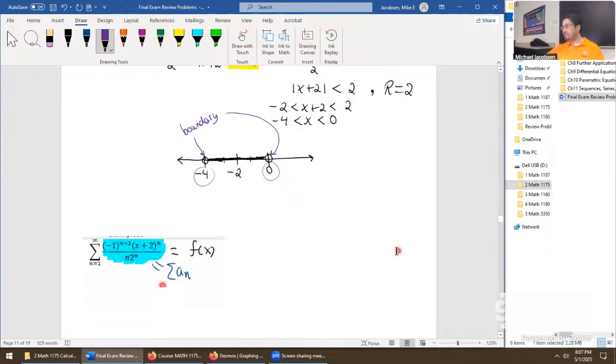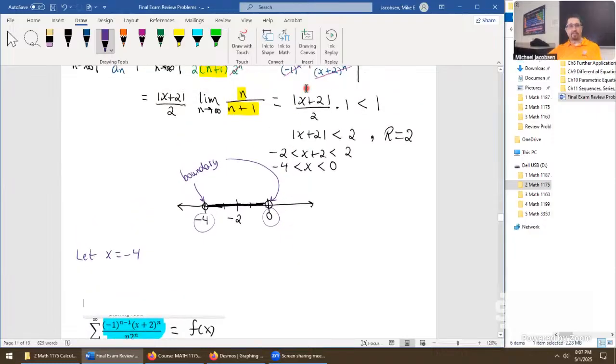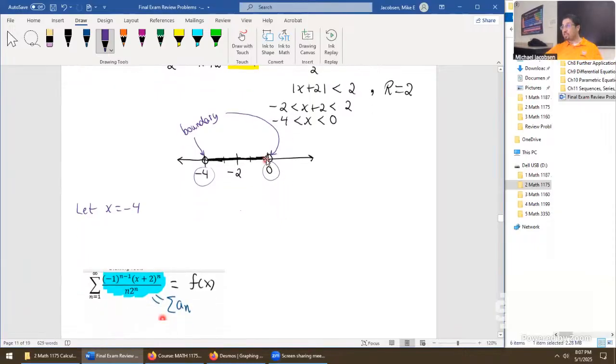Well, we're done with the test. Now we have a radius, and we're interested in the boundary values. So here's what we say next. Let x be -4. Now let's take a look into this. If x was -4 here, this would be exactly 1, and we wouldn't have any conclusion. The ratio test failed right at exactly 1. That's the whole reason we're doing this. If we plug in 0 here, this whole thing is exactly 1, and the ratio test fails once again. This is always a failure on the boundary for the ratio test, not the other tests, like the geometric series.